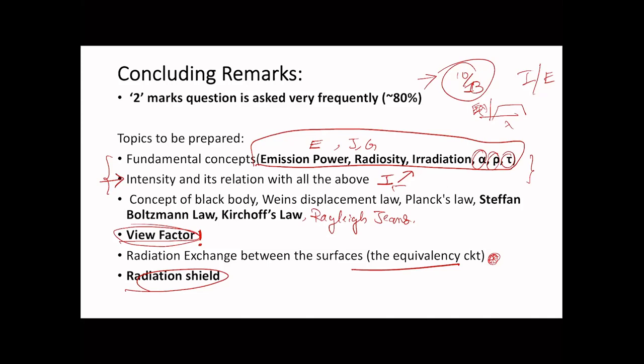The most common question asked in GATE is from the view factor topic, but since I see saturation coming in that topic, questions based on emissive power, radiosity, radiation and their relation with intensity can be asked. Like a graph is given and you need to integrate it, or an equation is given and one step of integration or differentiation is required in the exam. So you should be prepared for it. And radiation shield is always underrated. It can come out, but the probability is less.